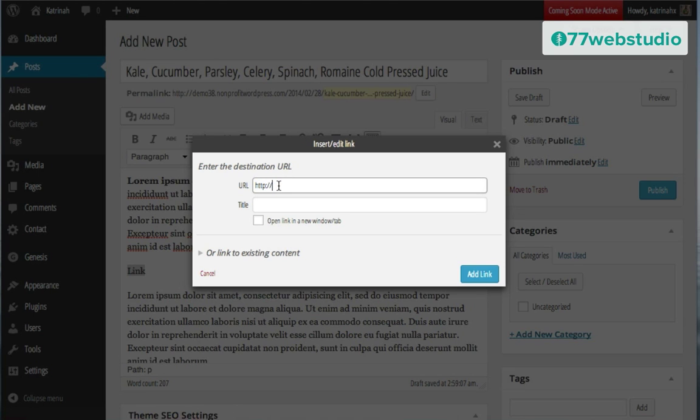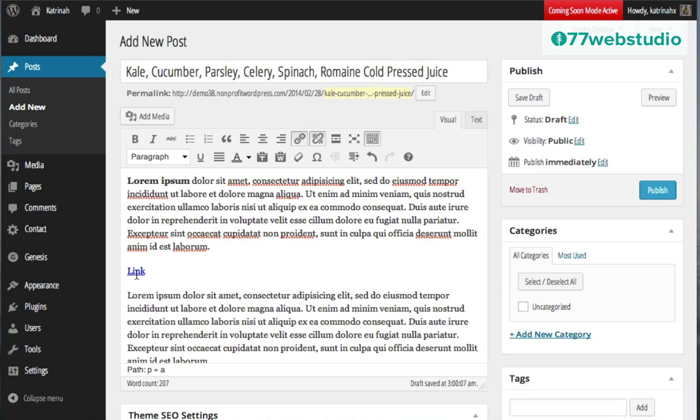Then here at the top, you would just add your link, whatever it is. You can give it a title. You can choose whether you want the link to open in a new tab or not in a new tab, just within the website. Whenever I'm going to an external website, I always click on Open Link in a new window or tab. Then you can just come down here and click on Add Link to create your link.